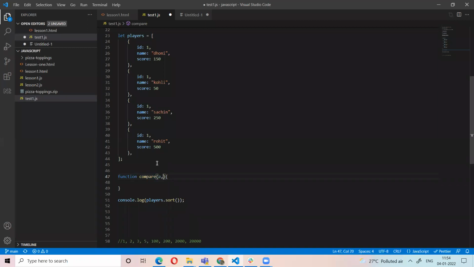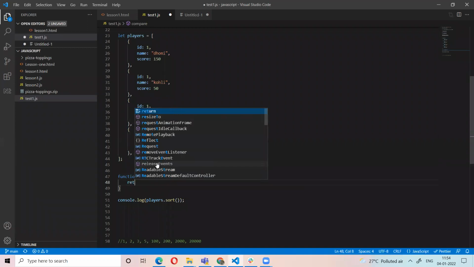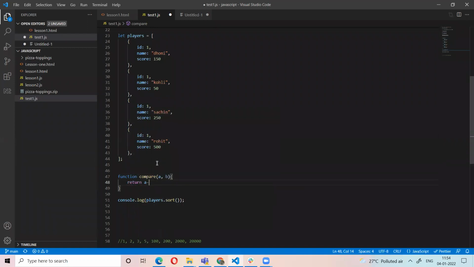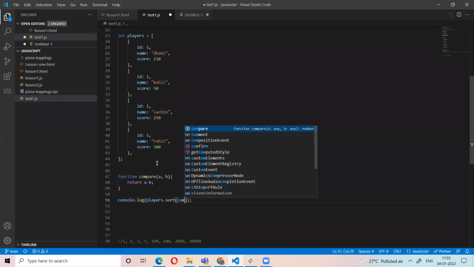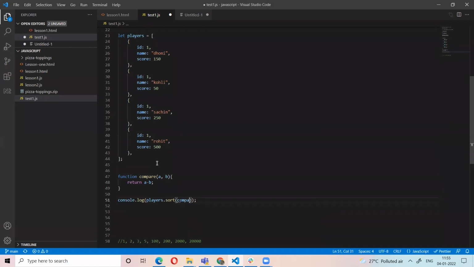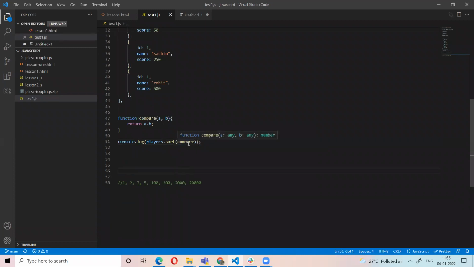Let's start like this. Previously I said a minus b. I am passing the compare function here. See here, if we pass the function handler to the sort function, what will it do?